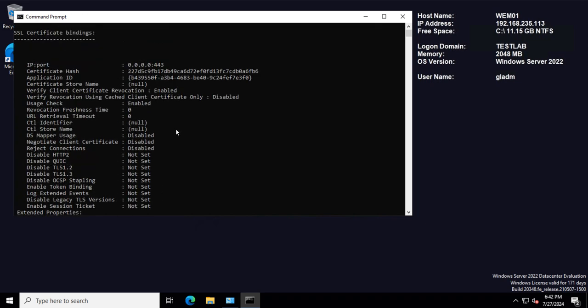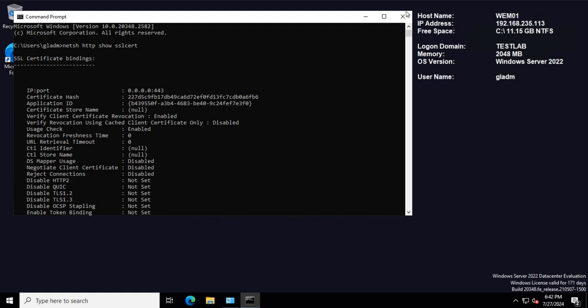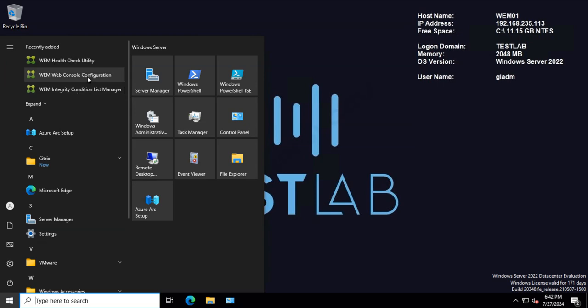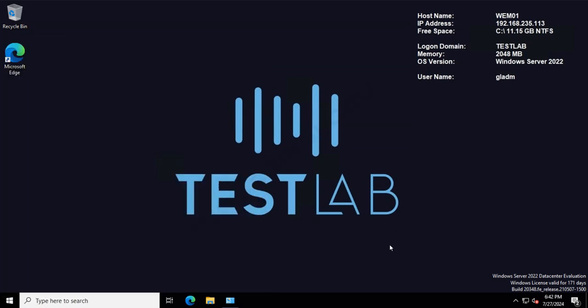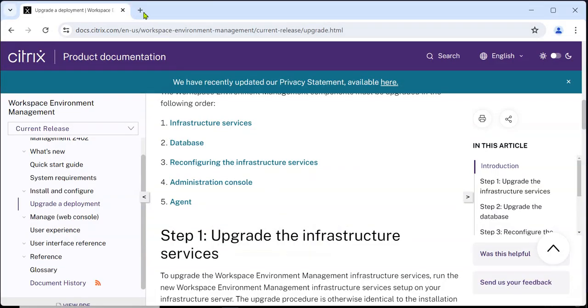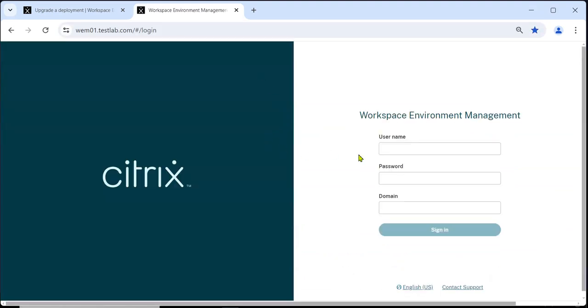Normally nothing should happen. Okay, the binding is still there. But let's see if it works without reconfiguring. I don't want to reconfigure anything. So